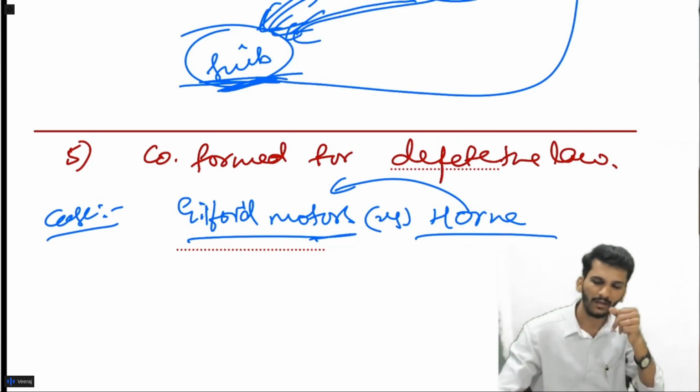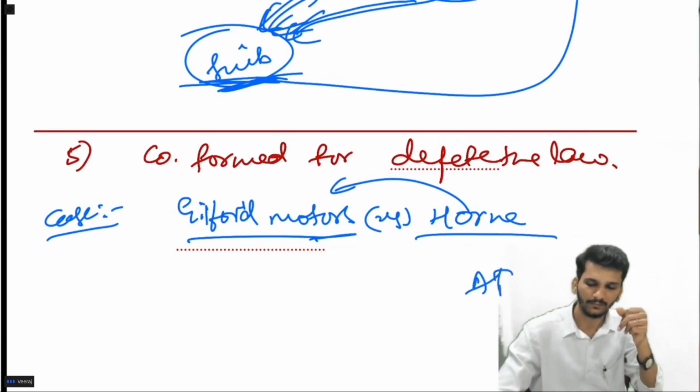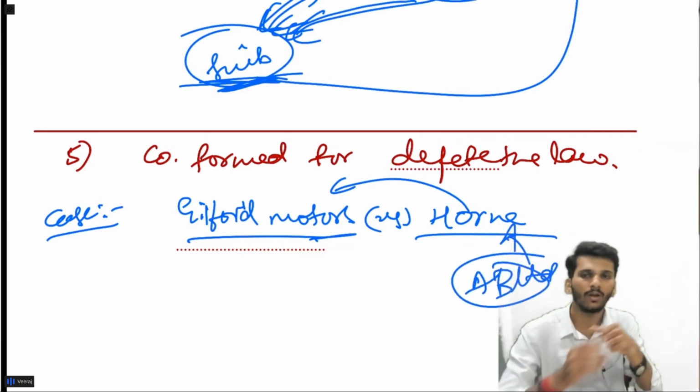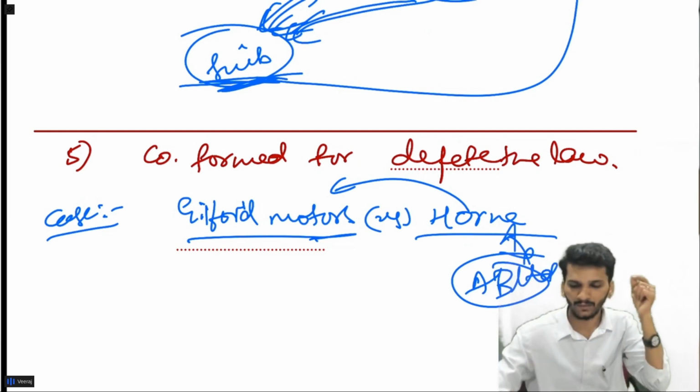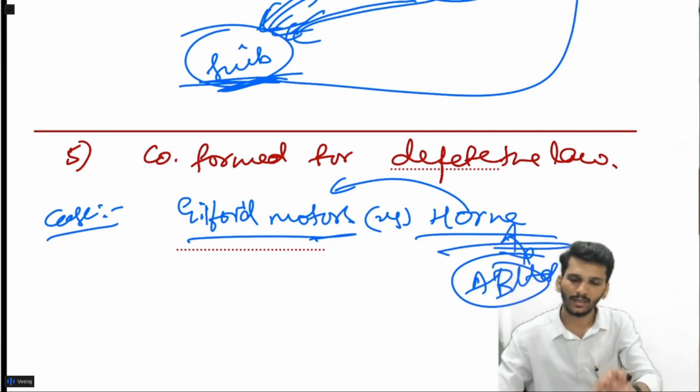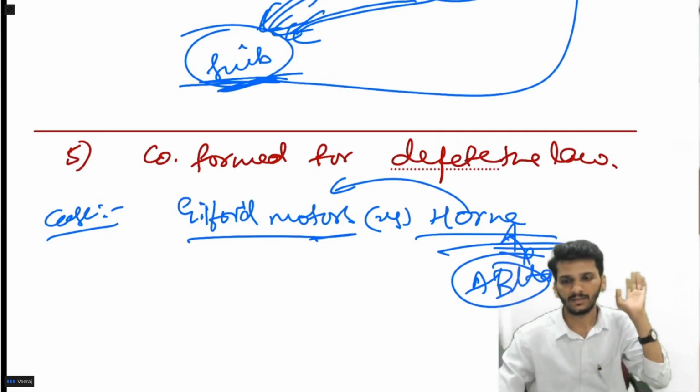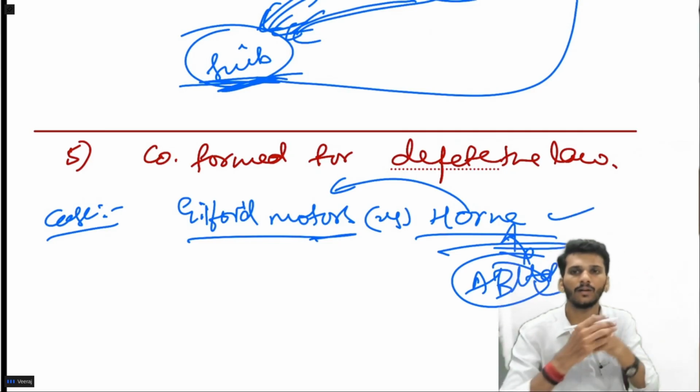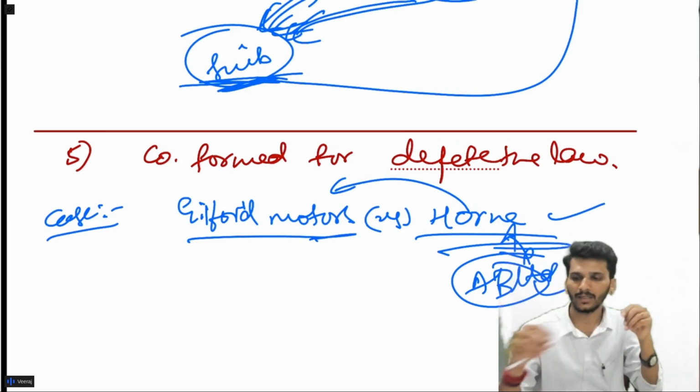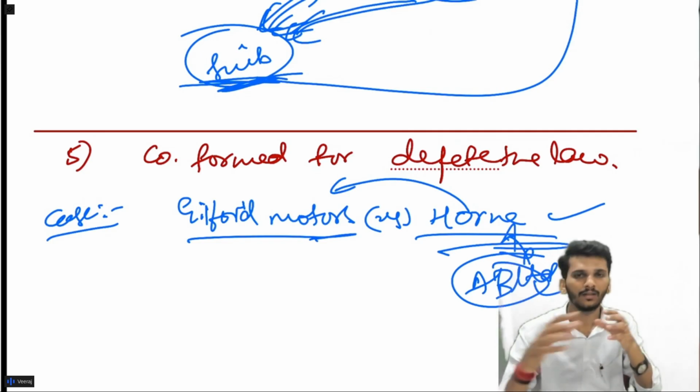That is why we treat AB Limited and Harney as one person, and we lift the corporate veil between them two, and you cannot call any clients of Guilford Motors, whether by AB Limited or by Harney. This is the fifth case of the lifting of the corporate veil. There are 5 cases where the court can lift the corporate veil. First case is